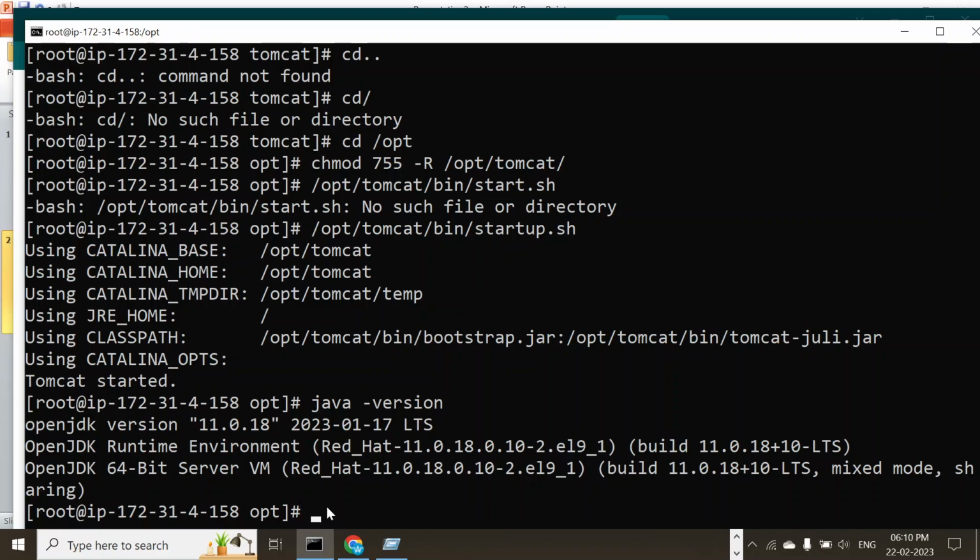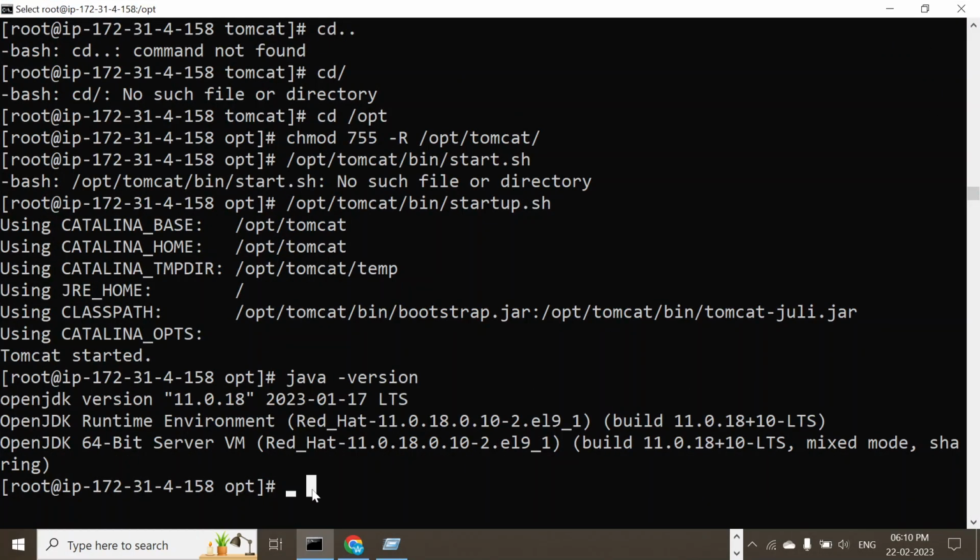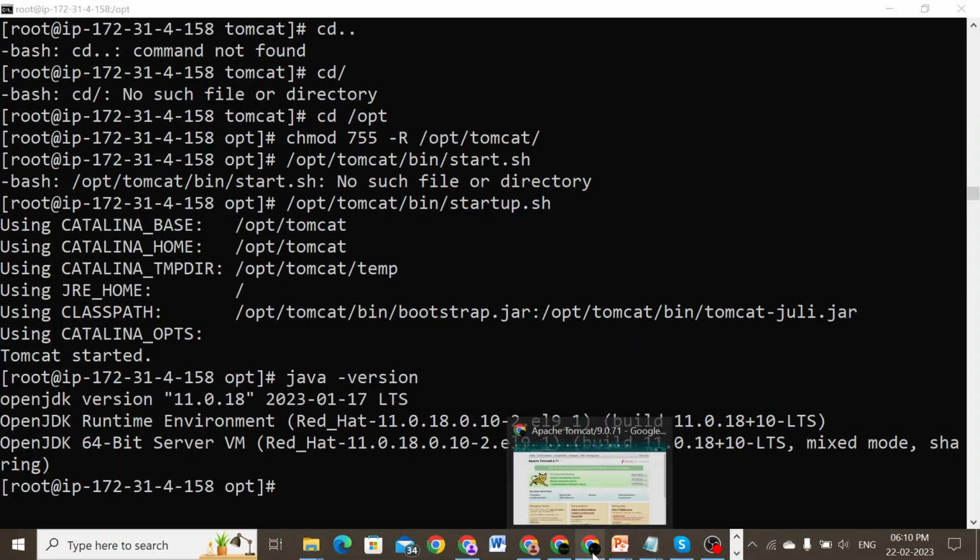So here I have my server. Before that, let me just check ls, and let me check if I'm able to get connected here. Okay, it's taking a bit of time. So before that, we will go ahead and check for our